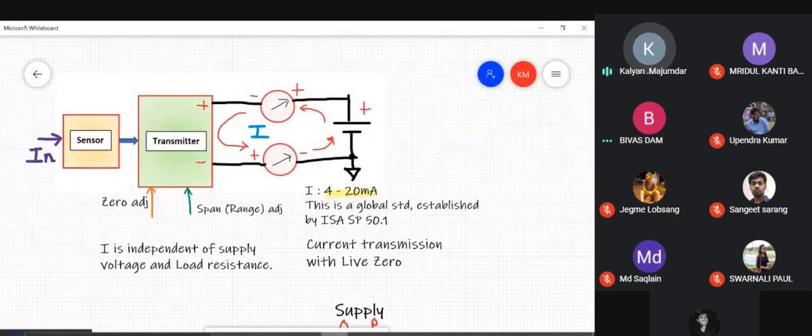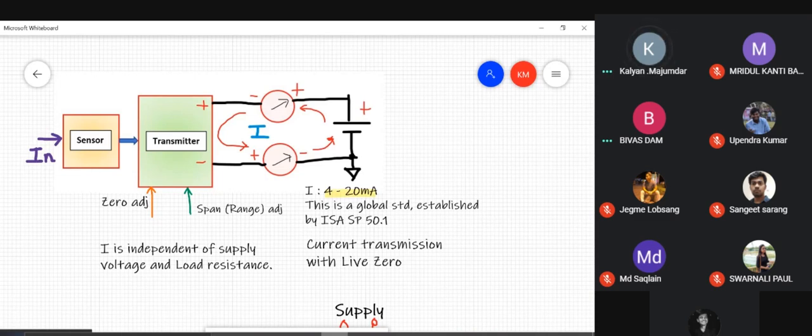The output of the sensor becomes the input to the transmitter. So the basic job of the transmitter is to convert the output of the sensor into an electrical signal, which can be easily transmitted, easily conveyed, easily transferred to a remote point. Now, an electrical signal could either mean a voltage, or it could also mean a current. So the job of the transmitter, in simple words, is to convert the output of the sensor into a voltage signal or into a current signal, which can be conveyed, transmitted, transferred to a